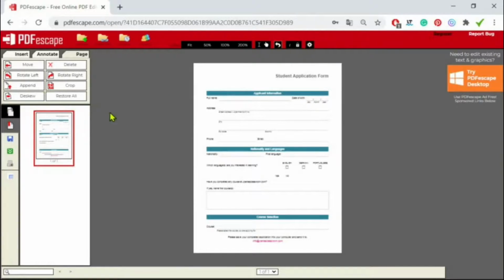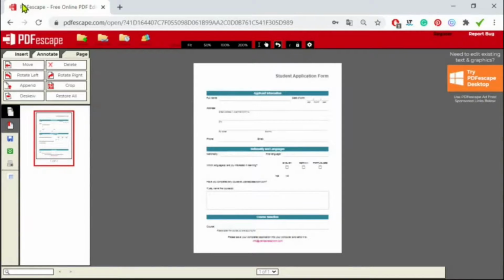The last button, the Restore All button, will let you undo all the changes you've made to your pages. I just want to add something else about the Page tab, this tab here where we are at right now. When you are working on a document with multiple pages, you have to remember that you have to start by selecting the page from the preview panel here on the left, and you can only work on one page at a time. Well, that's it for the Page tab.